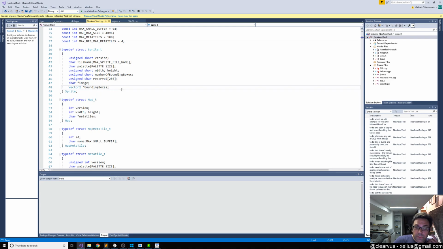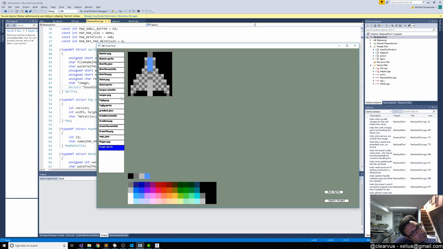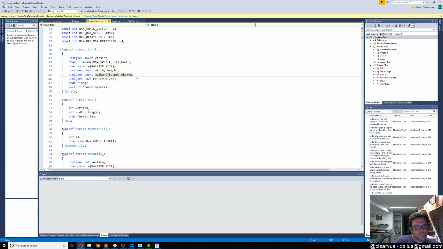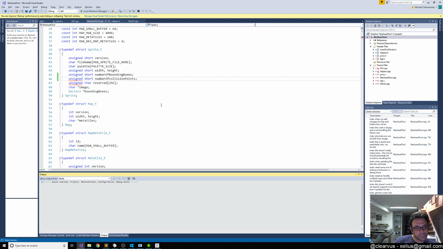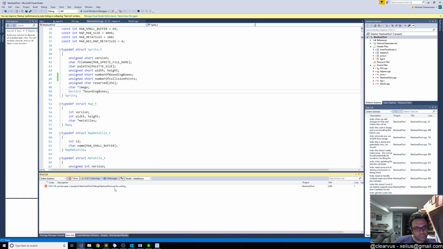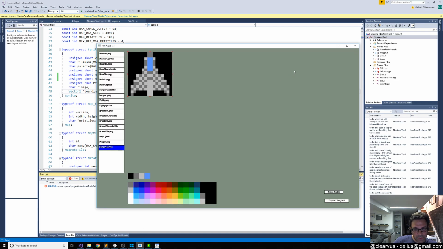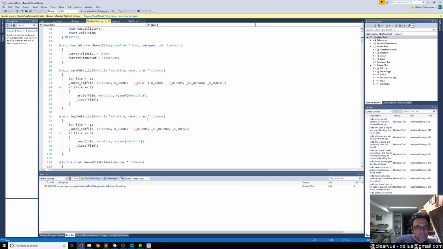I think what we'll do, so let's add to this unsigned short number of collision points. What don't you like about that? Nothing, you're just being dumb in IntelliSense. Okay. Alright, so